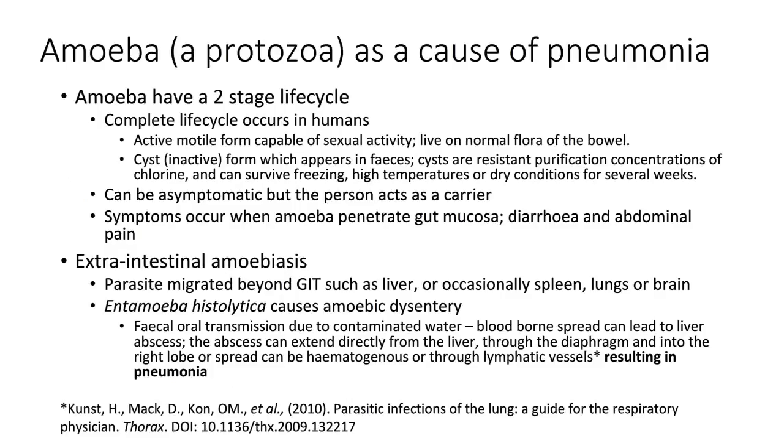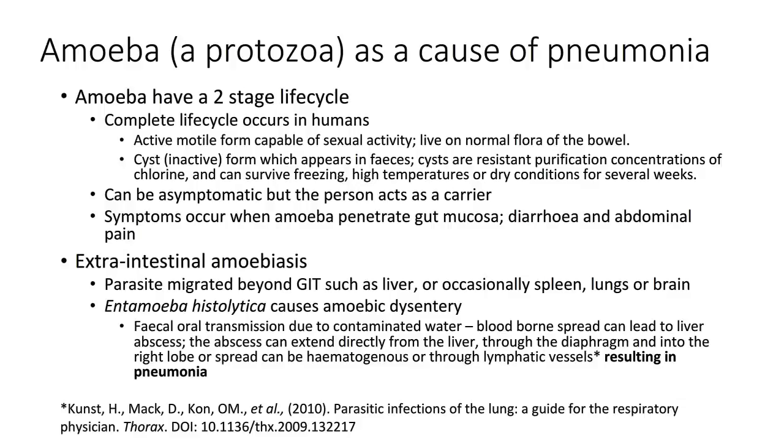So if an amoeba can actually penetrate the gut mucosa, then we start to see movement away from the gut into places like the liver, occasionally the spleen, the lungs, or the brain. Certainly if they stay in the gut, they create diarrhea and abdominal pain, and anybody who's had amoebic dysentery will tell you it's pretty horrible. So it's caused by an amoeba called Entamoeba histolytica, and it's a fecal oral transmission process in the water,